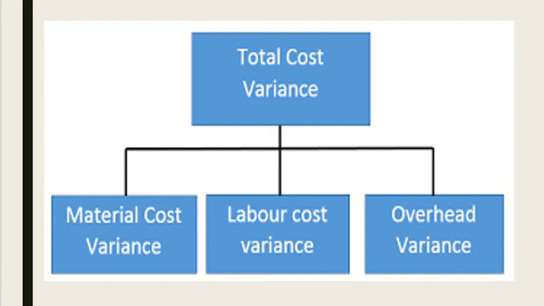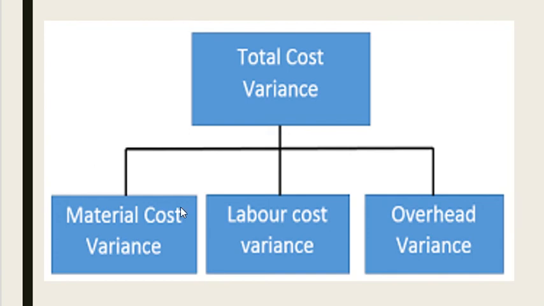So what is the difference here? 100 minus 120, your actual cost is more. So it is standard cost minus actual cost, which is 100 minus 120, giving you 20. So it is an adverse situation where you have not met your standard cost. That difference is nothing but the variance in the cost. These variances are divided into total cost variance, material cost variance, labor cost variance, and overhead cost variance. So we need to concentrate on all these topics.